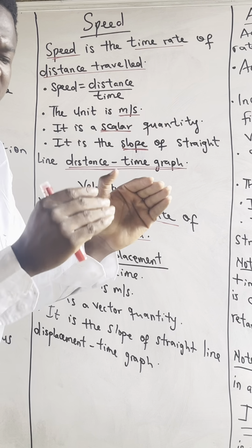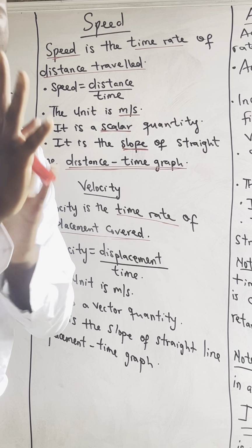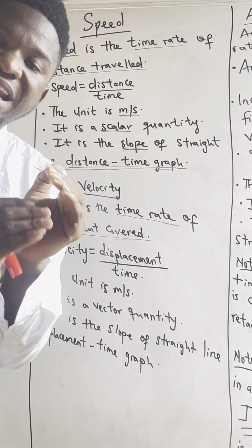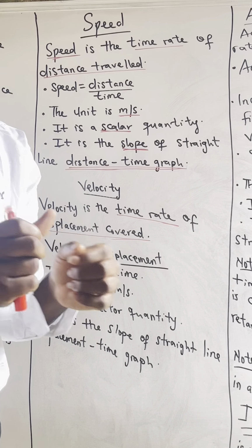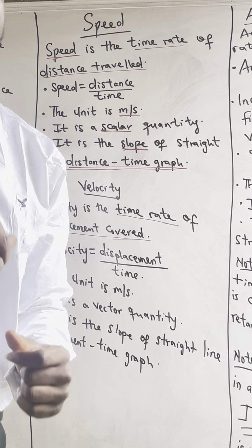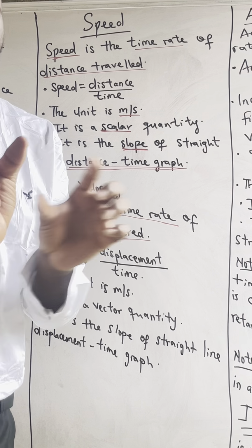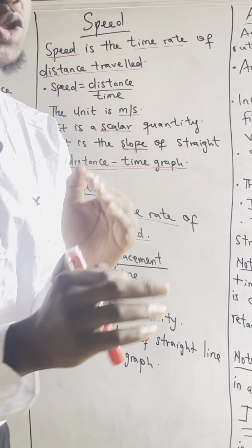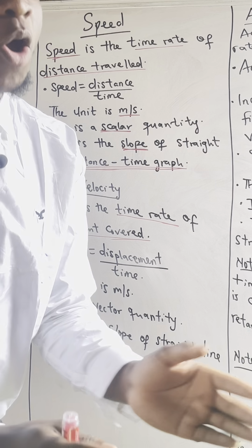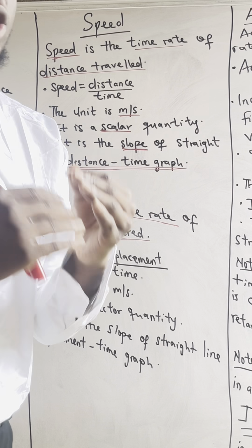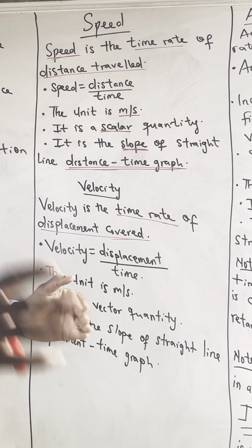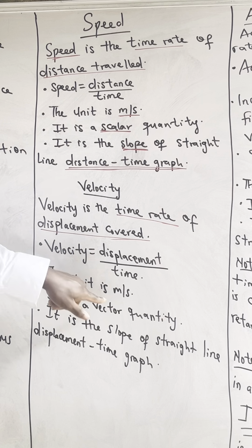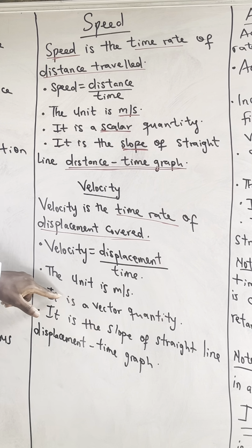The only thing that differentiates the two of them is the direction. So if you're given a particular direction, you're talking about displacement. But if you're not given a particular direction, you'll be talking about distance. So that is why velocity is displacement over time. The unit of velocity is also meter per second. But velocity is a